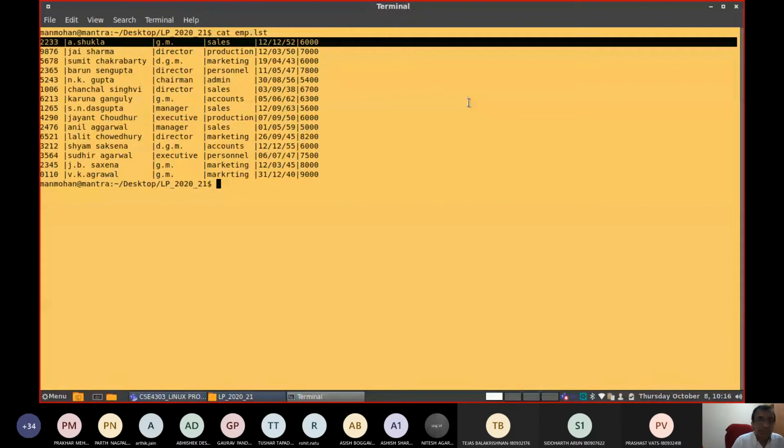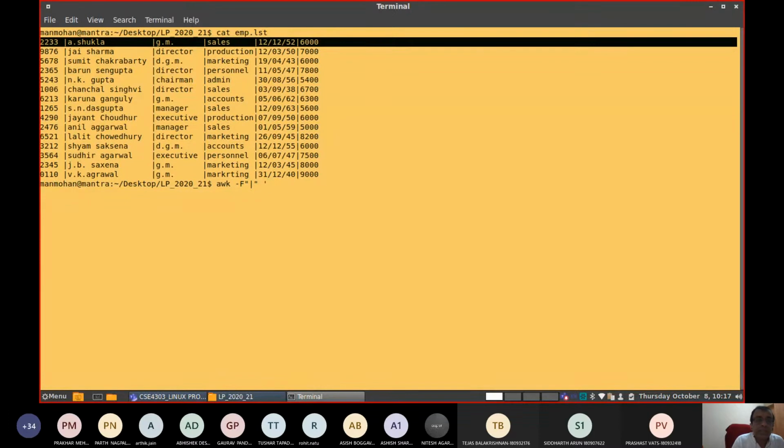Now check this command carefully. I will write AWK, then the field delimiter is a single vertical line. Now, for example, selection criteria I am going to write in a single quote.